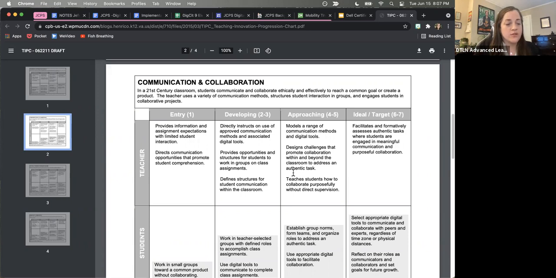It's called a tip chart, the teacher innovation progression. It's a really amazing chart intended to help people reflect on their practice and then progress to new levels of learning and student-centered work.